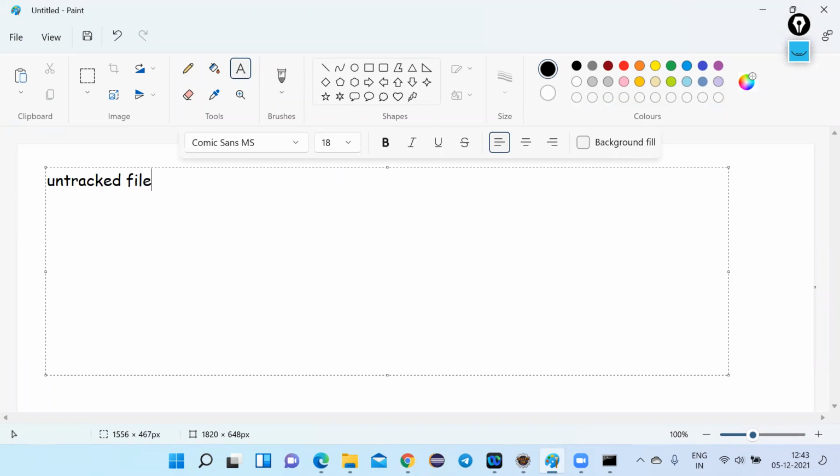So when would git be able to track whether we did any modifications or not? When we commit it to the local repository, when the file is available in local repository, then we will make sure that the file is being tracked by git.